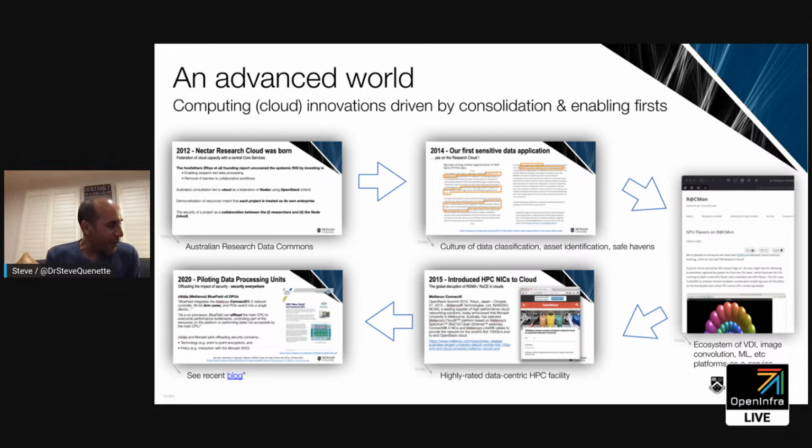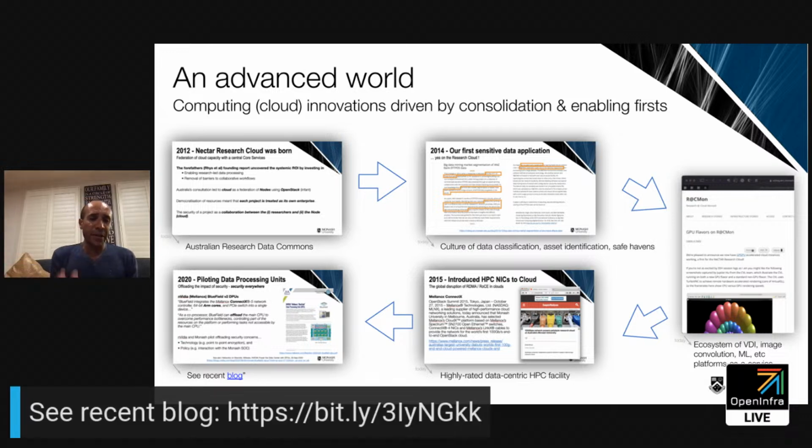We also got involved with the HPC community, and now we have an HPC built on top of our OpenStack, and we've had that for a very long time, by being the first to bring HPC style NICs into the cloud space. And in more recent times, I've been working a lot with NVIDIA around DPUs and smart NICs and looking at how we encrypt and do all these, whatever your CISO's or CIO's favorite security tools, offload them so that the researcher doesn't have to do them. They get done in the background, but also they don't lose resource. The security is not taking cycles away from them.